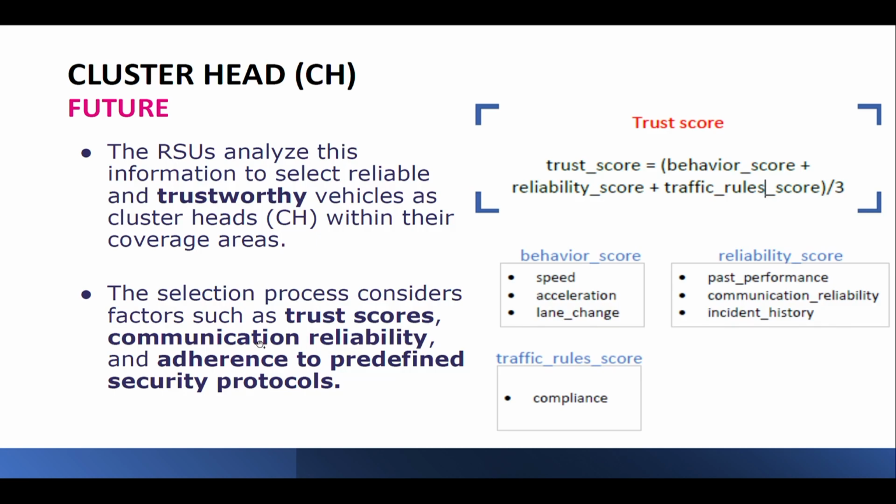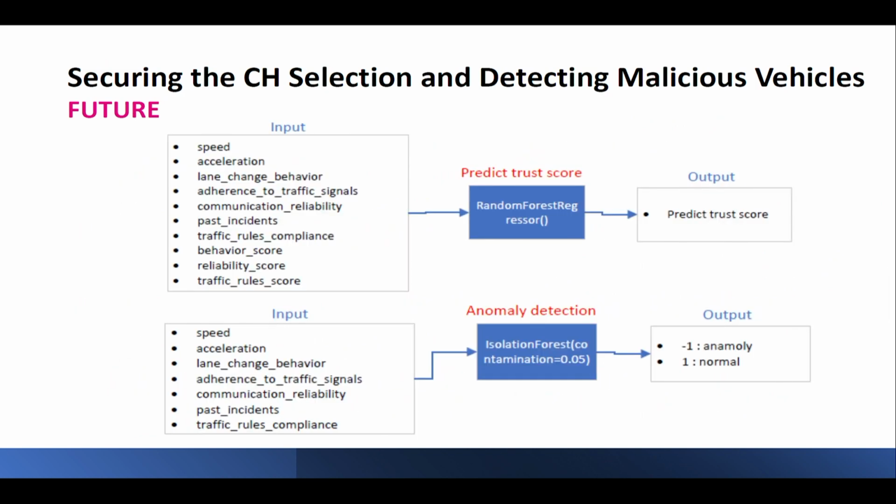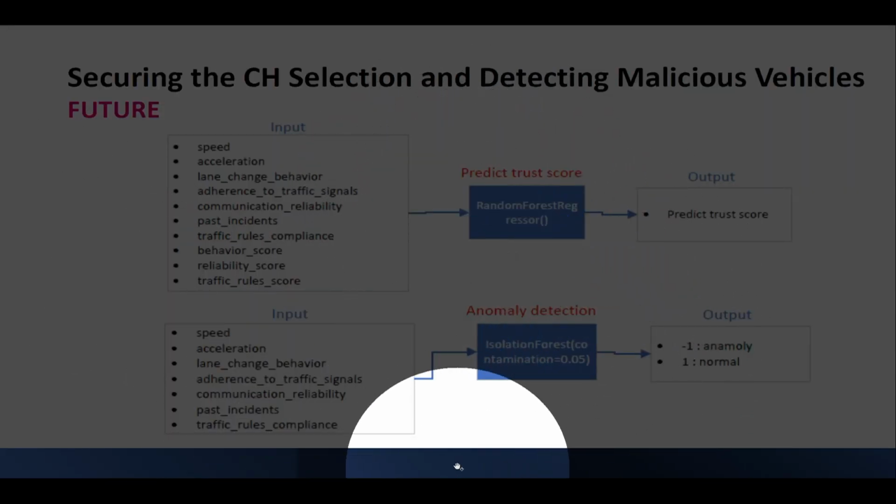And then we started thinking how we can use these trustworthy vehicles. For trustworthy vehicles, we need to take into consideration what you have already done during the previous RSUs, in order to consider whether you are really a good or trustworthy driver. I have so many things to say. So we would like to predict the trust score and the anomaly detection.